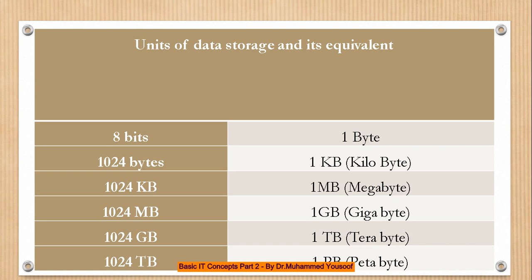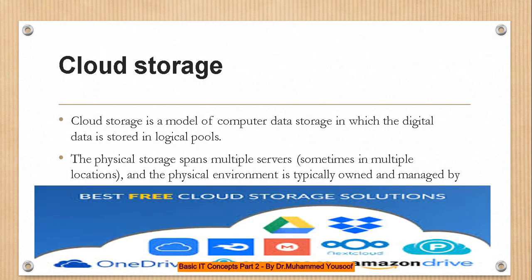So what is 8 bits? It is nothing but 0 1 0 1 0 1 0 1, 8 digits. It can also be 1 1 1 1, 8 times. That's called 8 bits. And that 8 bits is equal to 1 byte. If you store 1024 bytes in one place, it's called 1 kilobyte. And 1024 kilobytes stored in one place is called 1 megabyte. 1024 megabytes is called 1 gigabyte, and so on. So I hope until this point, it is clear for every one of you.